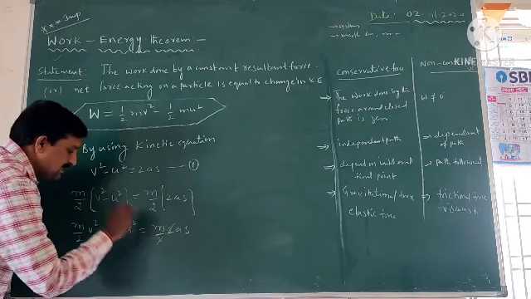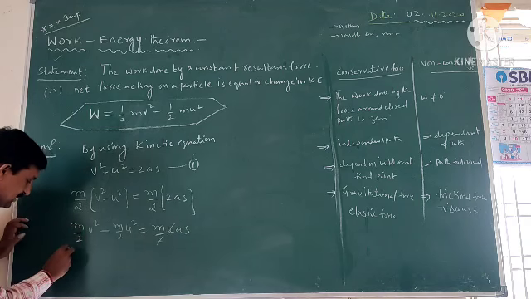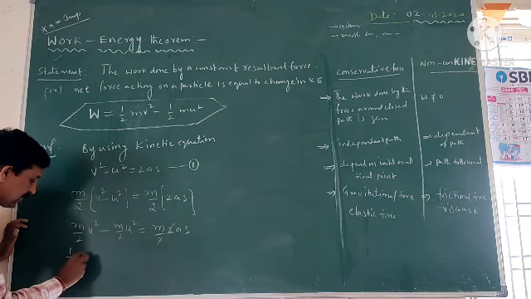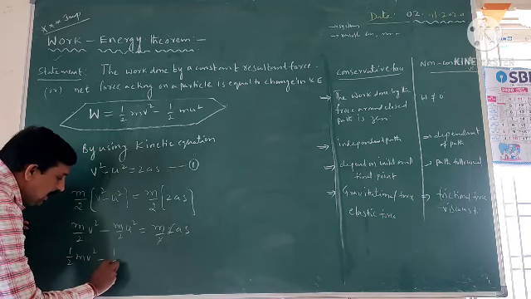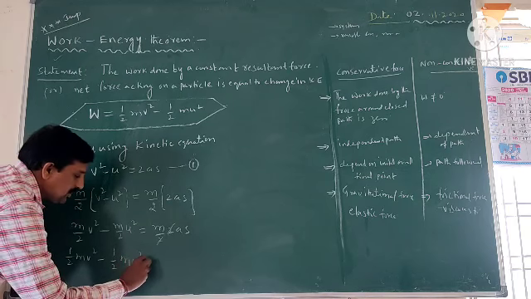Here the 2 gets cancelled. So this equation may be written as half mv square minus half mu square is equal to